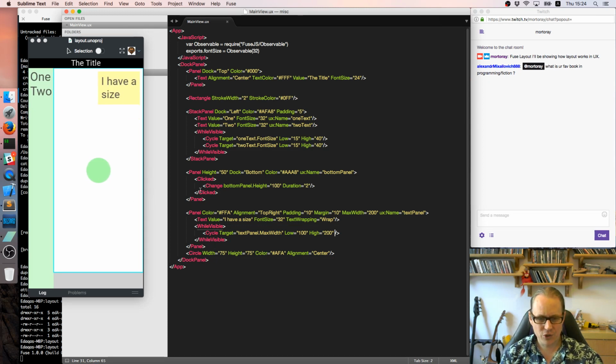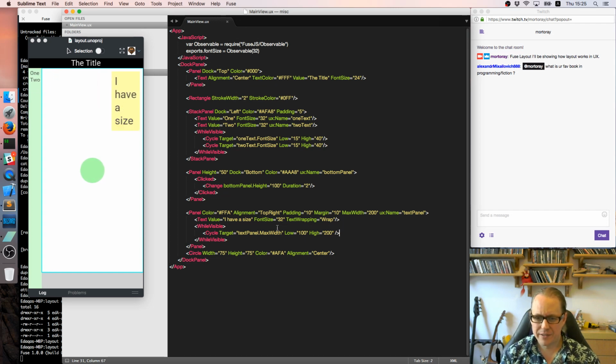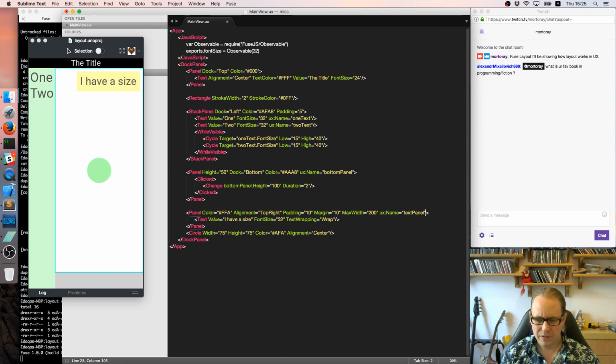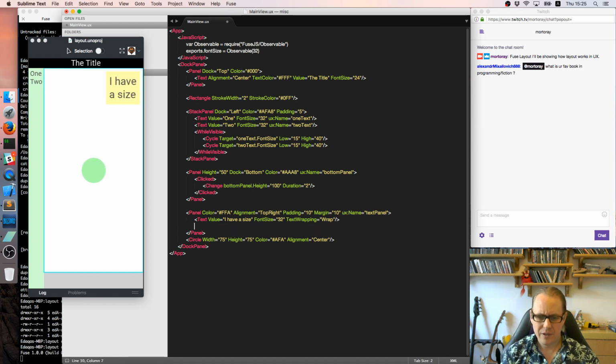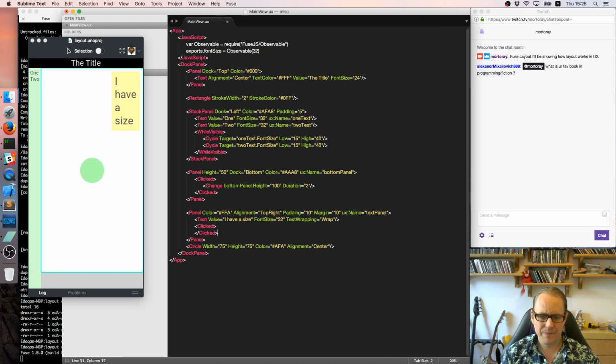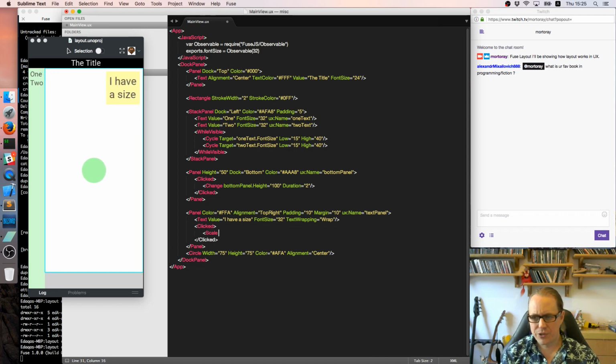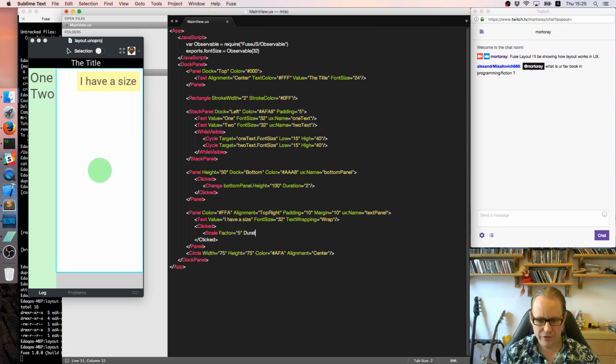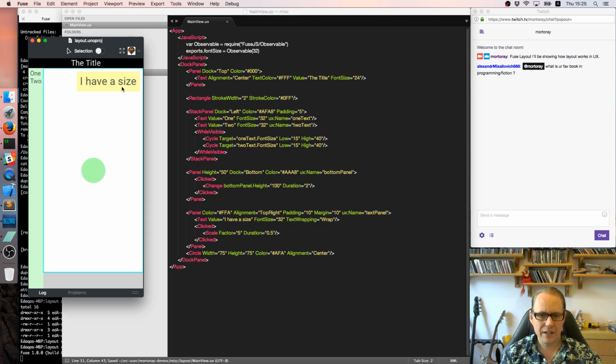And this is different from a transform. And let's show that with a transform instead. Let's take out this while visible. Take out the max width. Let's put a clicked handler on here. And we have a scale which uses a transform. Scale factor equals, let's do 5, duration equals 0.5. So now if I click,